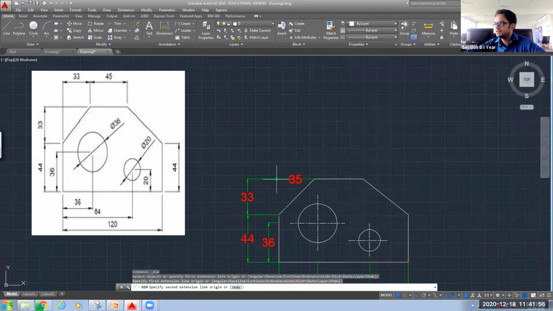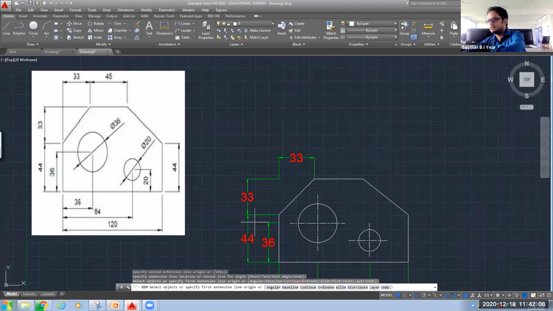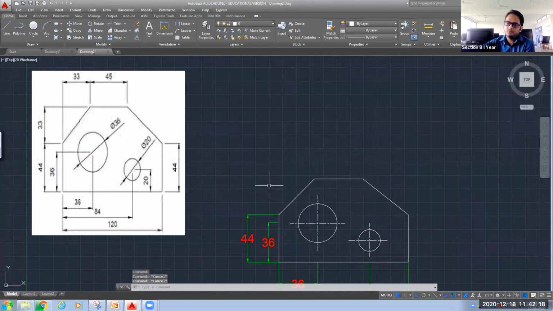You can drag it, first select the point, you can drag it to the location wherever you want it, and you can check there. This is one way, okay, to give its dimension. Another way, I will undo this, Control Z once again. Yeah. So I have removed those 33 and 33.